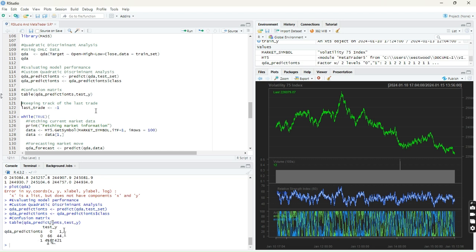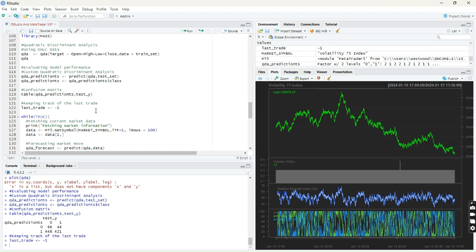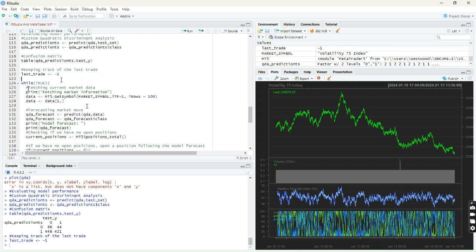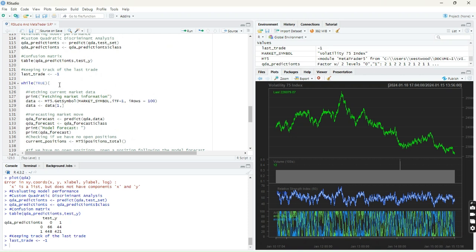But once we've got that set up, we really have most of what we need. We need a variable to keep track of the last trade that we opened. And once we have that set up, we really get into the heart of the algorithm. So the first step is to fetch current market data from the terminal. So again, we're going to store that in data: MT5 get symbol, the market symbol, the time frame, and the number of rows. And then from there, we select the very first row,